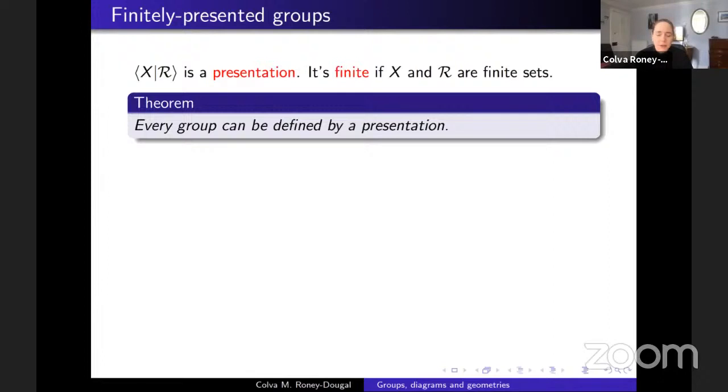So if G1 times G2 is equal to G3, then that means that G1 G2 G3 inverse is equal to the identity. And so I put that into R. If I take all of the group elements and all of those rules, then I wind up defining the group that I started with. So every group can be defined by a presentation, which means that if I study groups given by presentations, I'm studying all groups. I'm going to be particularly interested in computational examples though. So for those, I'm going to need to work with finite sets X and R. So I'm going to be interested in groups that are finitely presented.